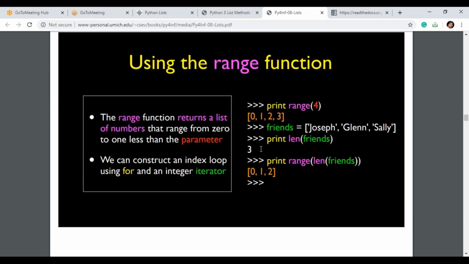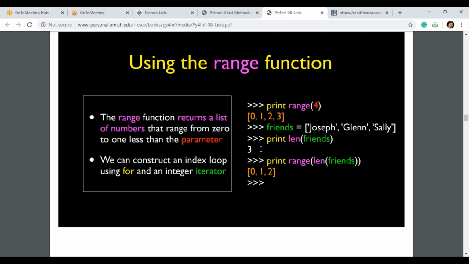Next, using the range function. This range function was already explained in the for loop. You can give the range of the given element. The range function returns a list of numbers that range from 0 to 1 less than the parameter. If your starting index is 0, the n minus 1 location will be displayed on your screen.